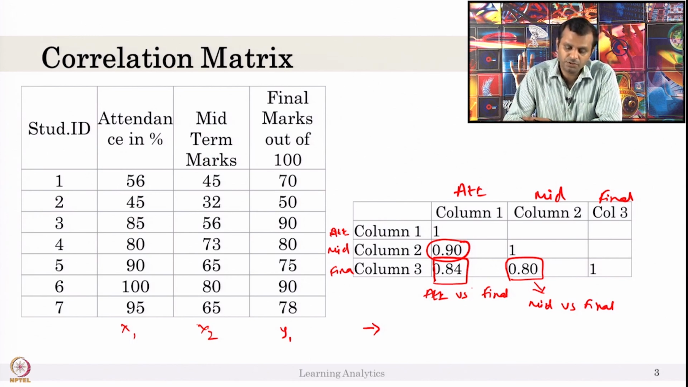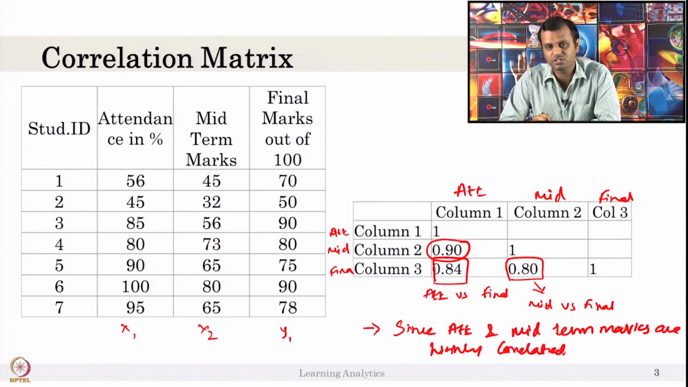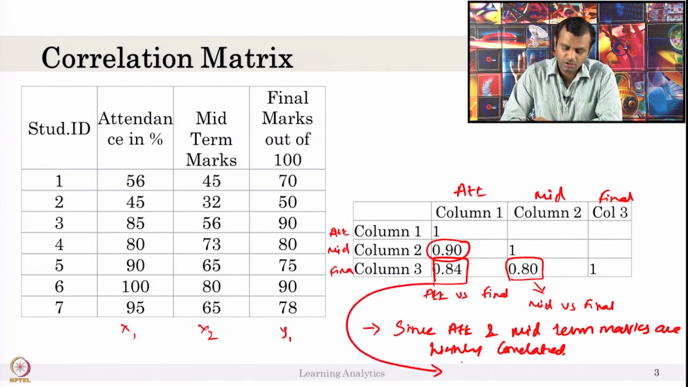The general approach is we use the one which has the highest correlation with the dependent variable, that is column 3, with column 1, that is attendance. Since attendance and the midterm marks are highly correlated, we can pick one of these features for the classification or predictive analytics. Which one to pick depends on how strongly they are correlated with the final mark score. I would choose attendance, because attendance is more strongly correlated with the final score compared to the midterm marks. Midterm marks are also very strong, 0.8, compared to 0.84. So, I will choose attendance